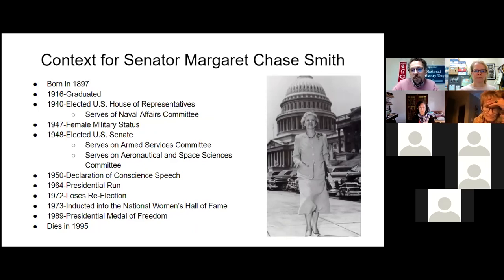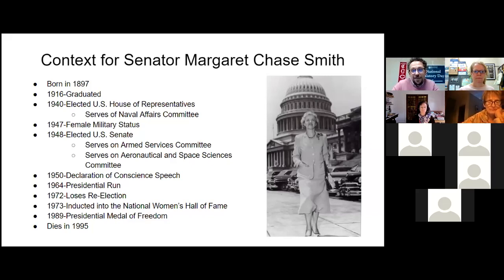She was the one that helped push that bill through after everything that women did during World War II. A lot of them didn't have permanent status, which meant they weren't going to get any benefits for their service, and she wanted to make sure women did have that right. So she helped to get that status in 1947. In 1948, she was elected to the U.S. Senate. And during her time from 1949, when she was sworn in in January, to when she left in January of 73,